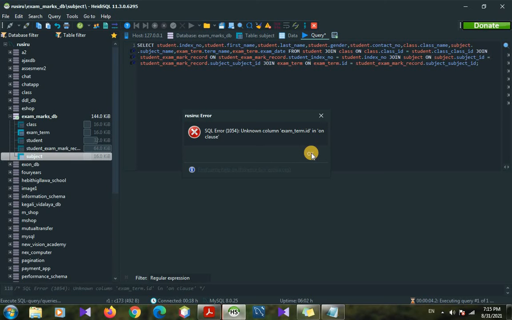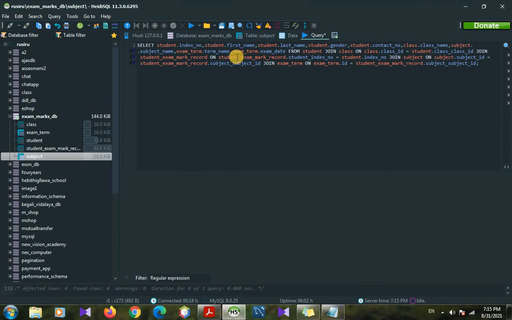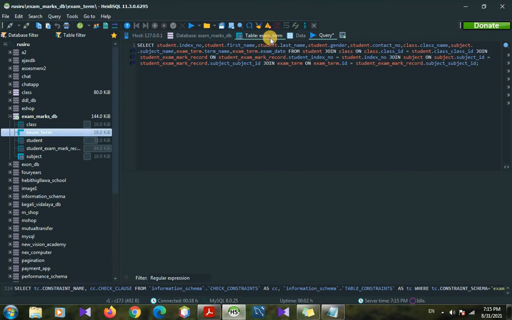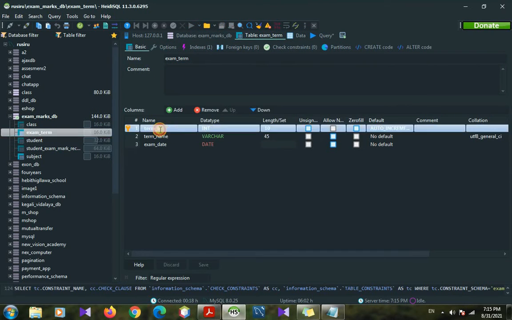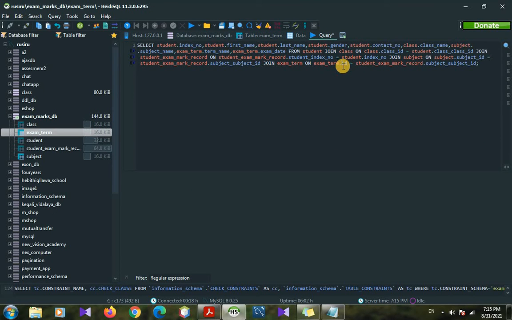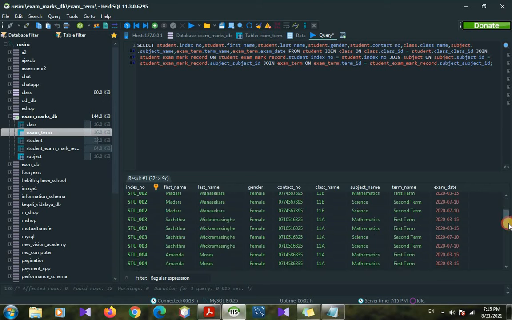It shows an error: unknown column exam term dot term id. So we can go to the exam term table and look, and it has the term id. So we gave the column wrong. We can enter it and remove this id column. Now if we run this, no problem, all the data comes.